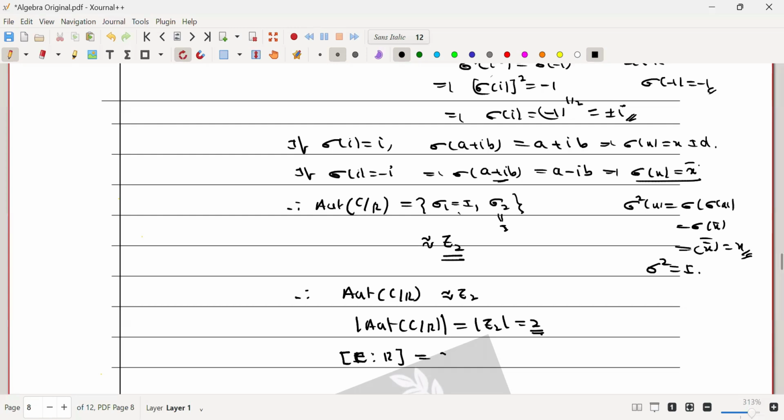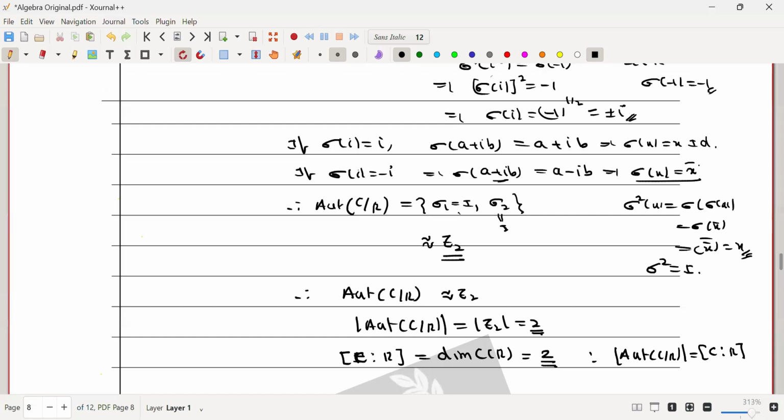So the degree of C over R is equal to the dimension of C over R. Consider the extension field C as a vector space over R, which is equal to the dimension of C over R, which is equal to 2. Therefore these two are equal. So the order of the automorphism group of C over R is equal to the degree of C over R,